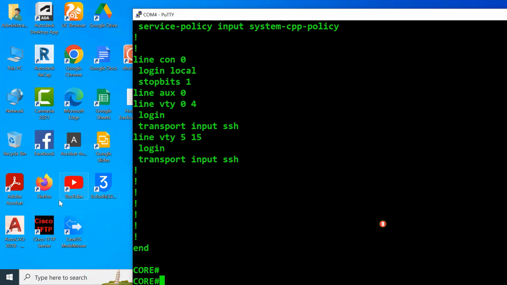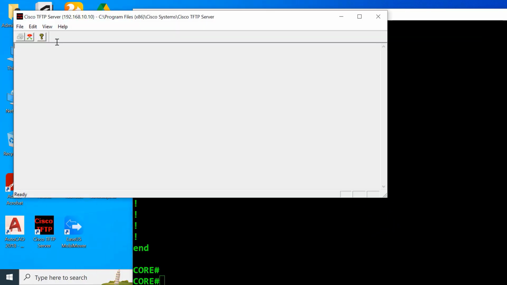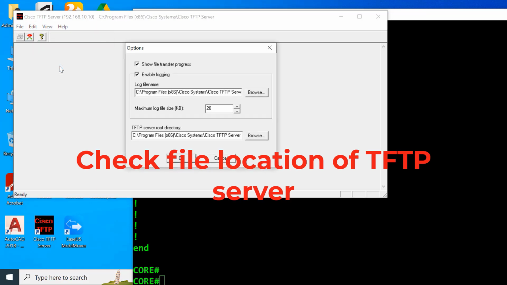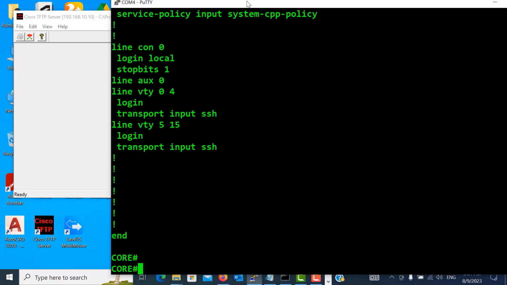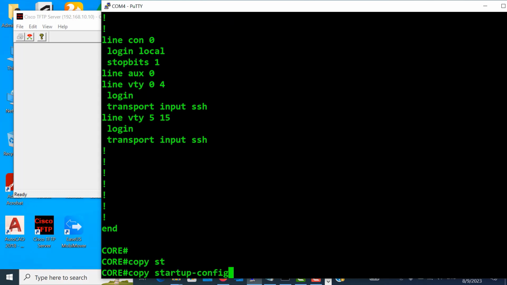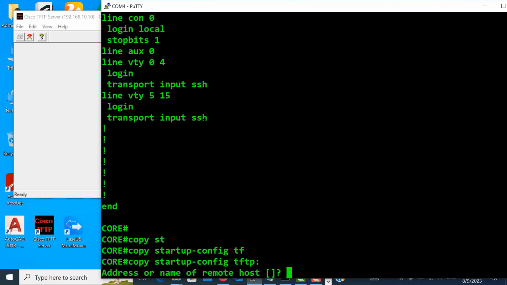Now I find the file location of the TFTP server. Here is the default file location of the TFTP server. Now I back up the laptop's current configuration to the TFTP server. Command here: copy startup-config